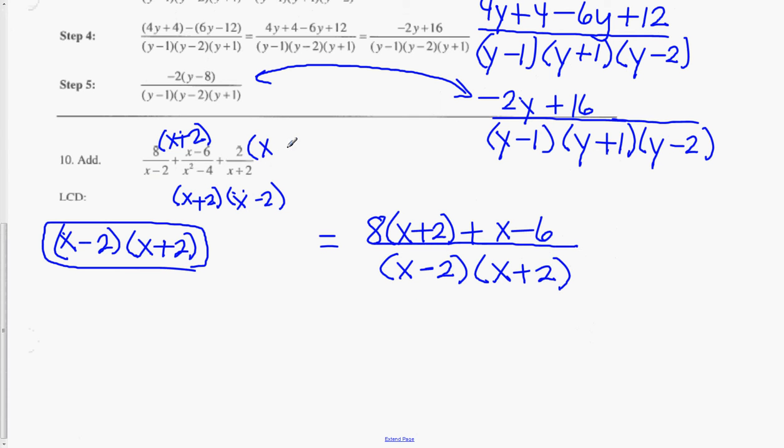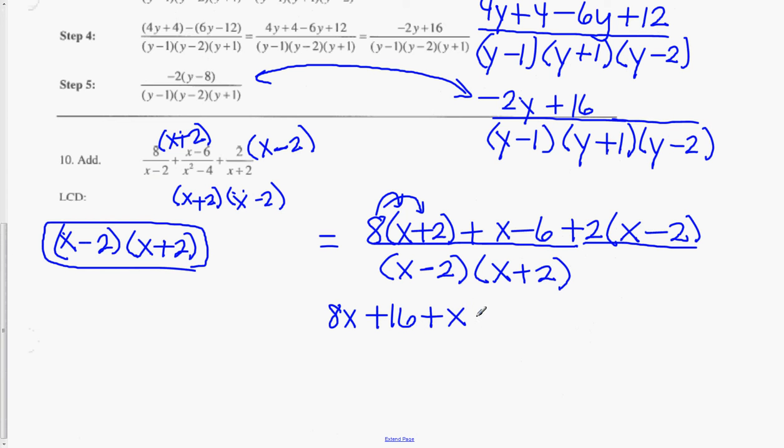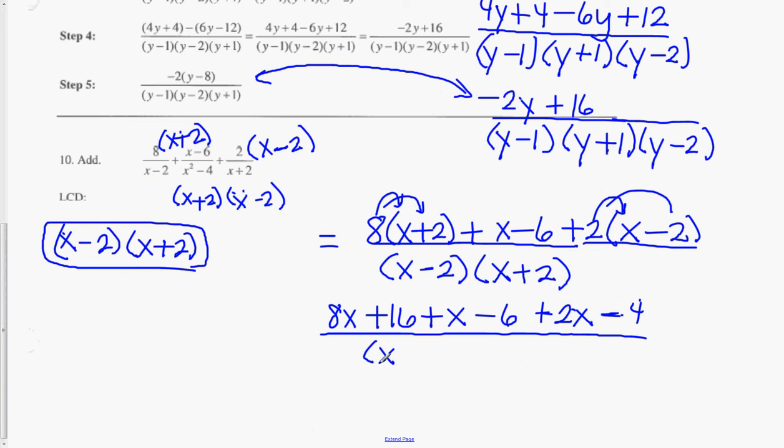All right, last fraction, x plus 2. To the new one, I'm missing the x minus 2. So 2 is going to have to get multiplied times x minus 2. That's a plus 2. And then we're going to distribute. So I'm going to have an 8x plus a 16 plus another x minus a 6 plus a 2x minus 4 all over x minus 2,